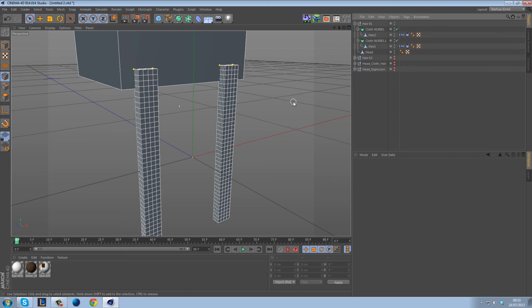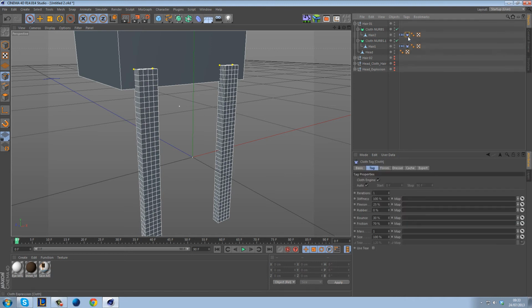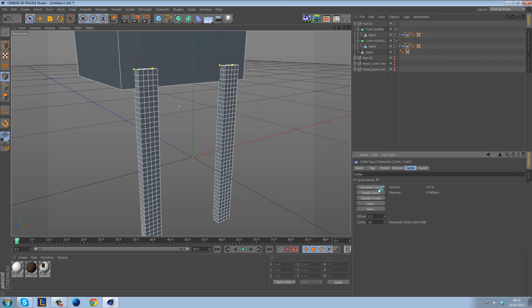And if you start rendering that out, you've just wasted 5 hours because it's going to be useless. So it's always good to cache your hair first. And if you don't know what cache means, it basically means clicking on your tags and going down here to cache and calculating the cache. What that basically means in a nutshell is it's going to calculate the animation and then it's going to allow you to play in real time, which basically means you're going to catch anything that's happening,